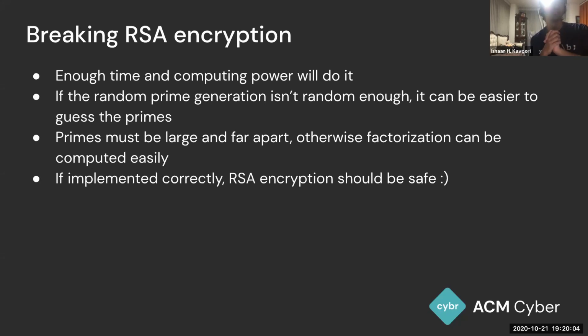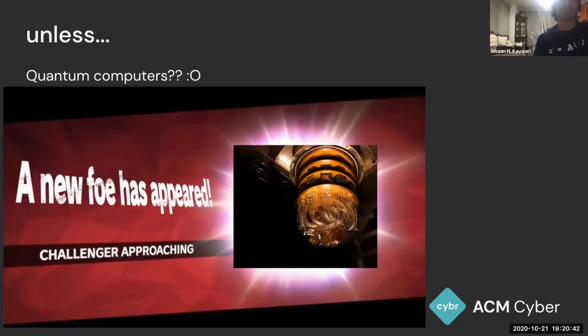Another thing is, if the random prime generation isn't random enough, like if it's pseudo-random and you could predict what numbers are going to come out given the seeds, it can be easier to guess the primes. And the primes must be large and far apart. Otherwise, the factorization can be computed easier. But if implemented correctly, then RSA encryption should be safe. Again, it needs really large numbers. Okay, unless